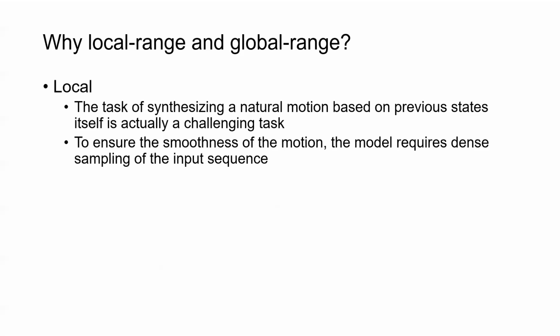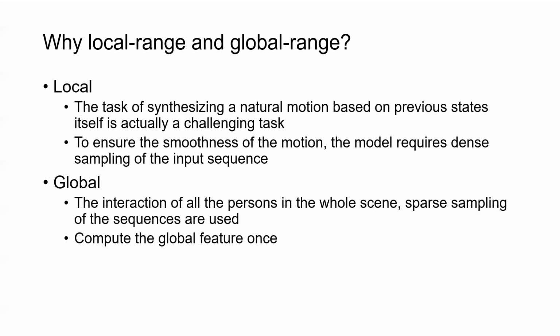To ensure the smoothness of the motion, the model requires dense sampling of the input sequence. For the global range encoder, we consider the interaction of all the persons in the whole scene. To help the model focus on the interaction instead of the motion, sparse sampling of the sequences is used